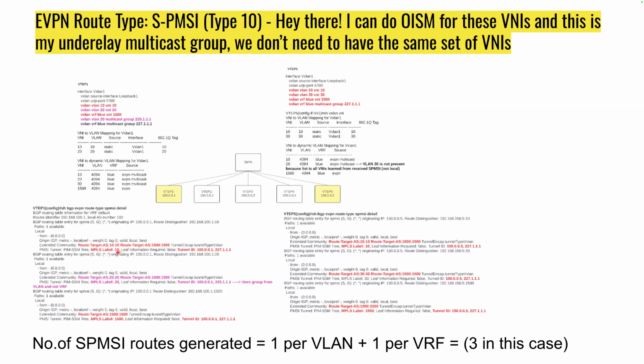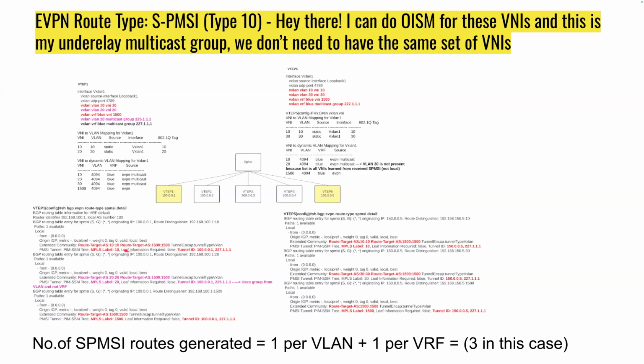So let me rephrase my question. We have this mapping here: VNI 10 is mapped to VLAN 4094, right? But how is this created? One route that it utilizes is the SPMSA route. So it sees the VNI 10 and it sees the route target, L3 route target 1500,